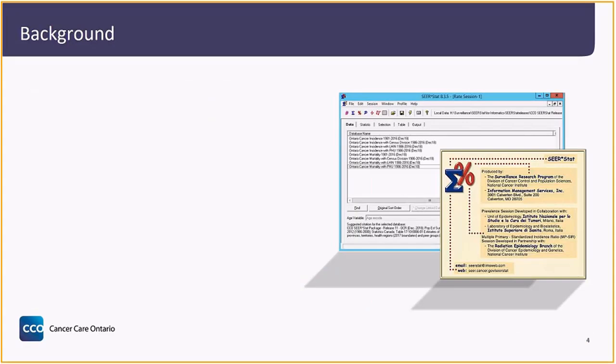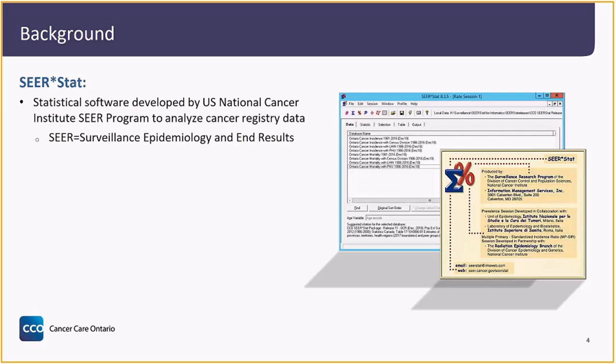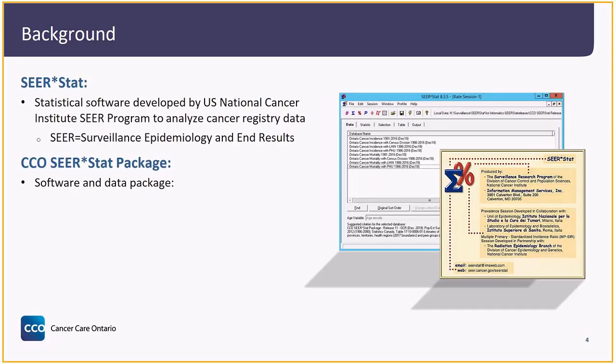So to give those of you who are unfamiliar with the package a little bit of background, SEER Stat is a statistical software program that was developed by the U.S. National Cancer Institute as part of the Surveillance, Epidemiology, and End Results, or SEER, program, and it was designed to analyze cancer registry data. The CCO SEER Stat package, which is prepared and distributed by the CCO Surveillance Program, contains 3 components: a copy of the SEER Stat software,